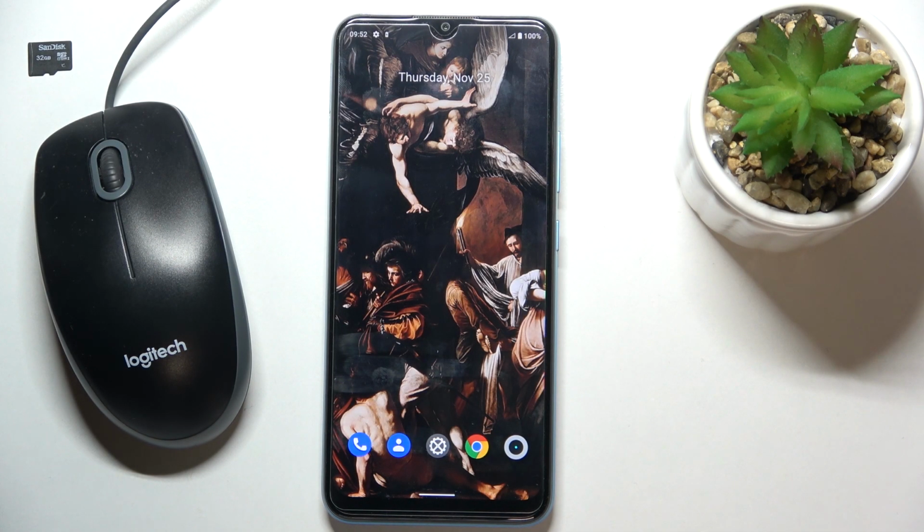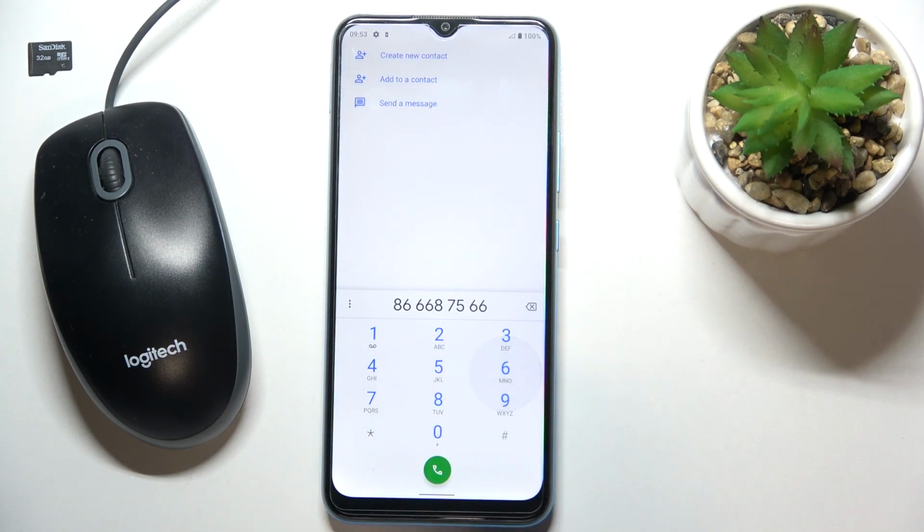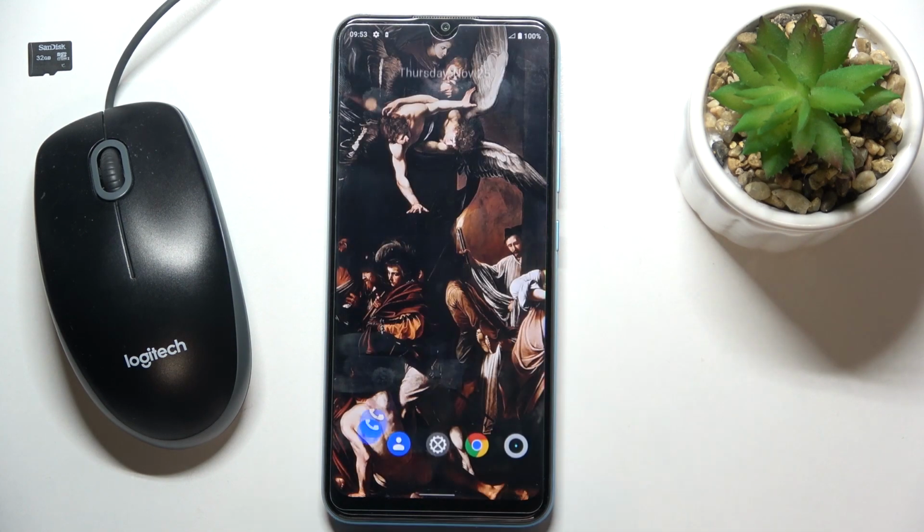In front of me is REALME C25Y, and let me show you how to activate or deactivate dial pad tones on this phone. So currently they are active. Let me show you. So now you can hear every click of mine,